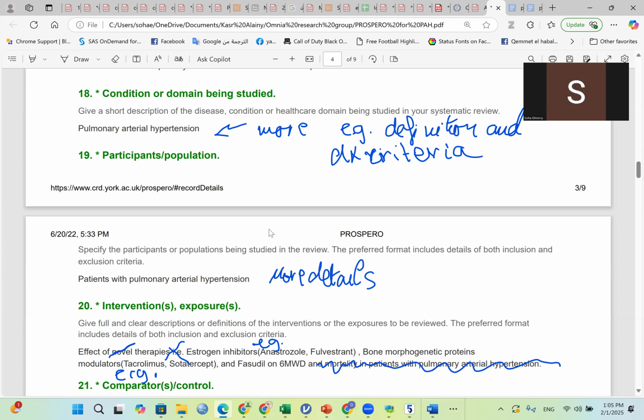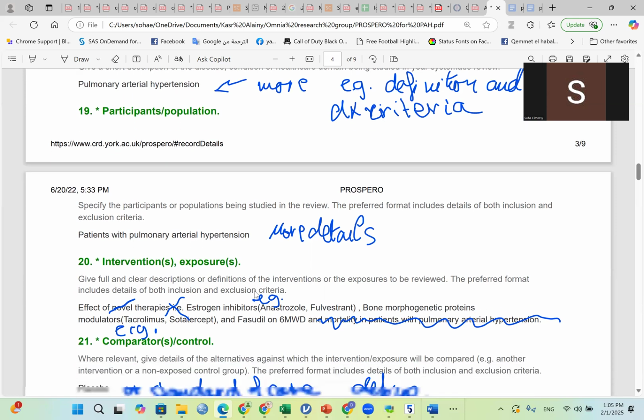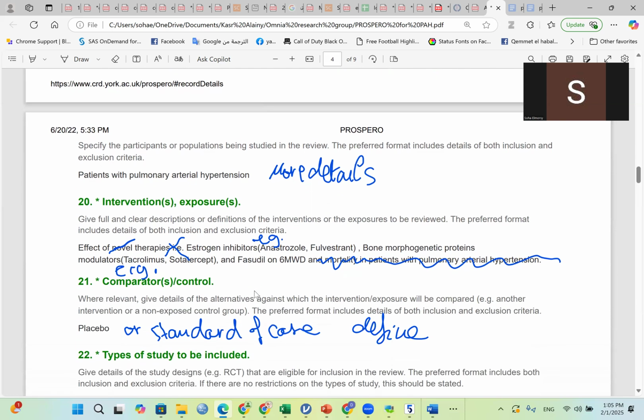And again, if we're going to name patients with pulmonary arterial hypertension, we need to provide more details as diagnosed by, let's say, a pulmonary wedge pressure measurement, as diagnosed by CT, not in this particular example, of course, as diagnosed, let's say, by pathology, fulfilling the following criteria of diagnosis. You might put a reference to the criteria for diagnosis, but you need to be very specific about the population that should be included in the studies that you are going to include in your review.